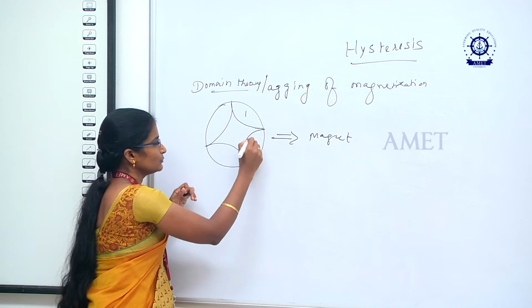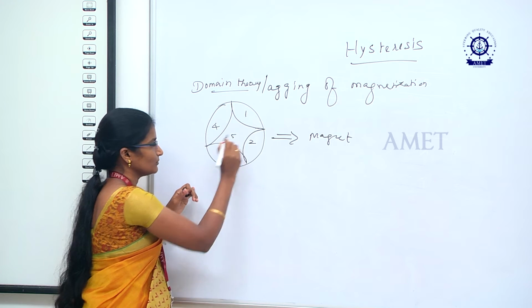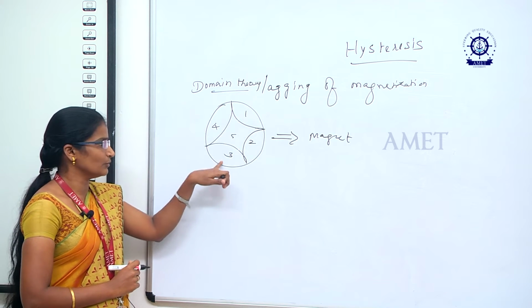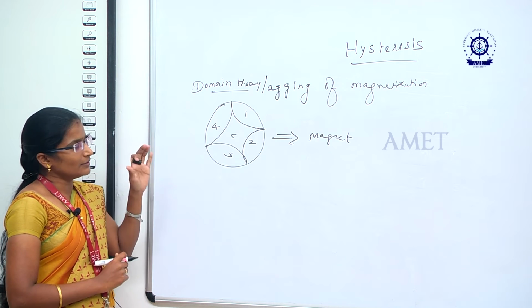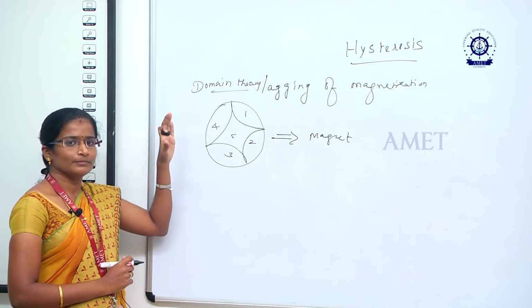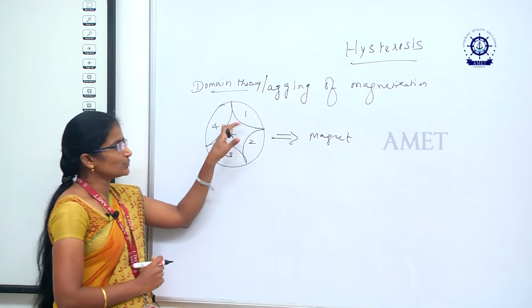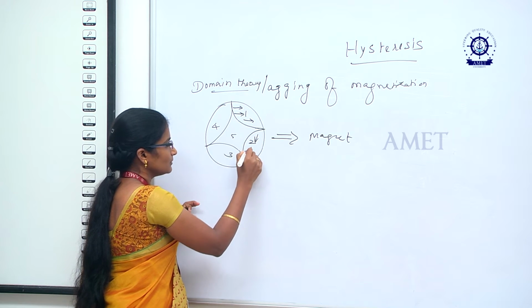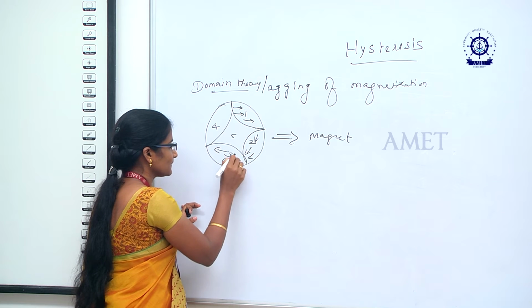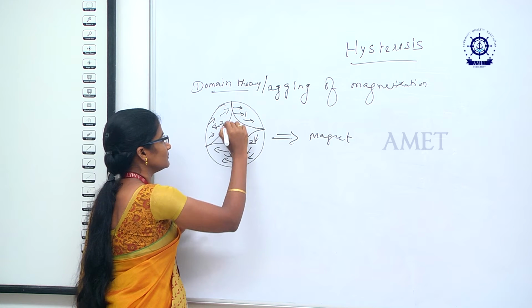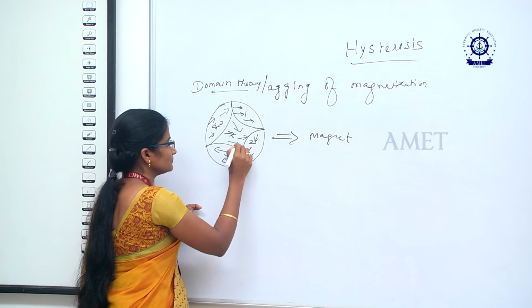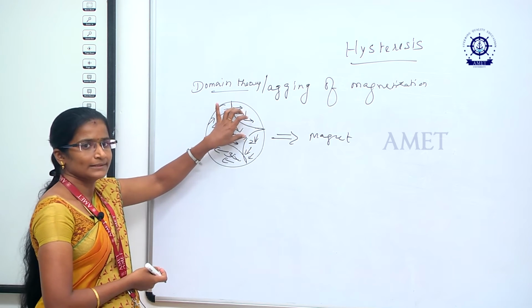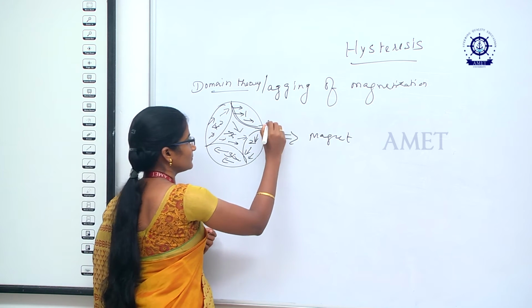Okay, we name the regions 1, 2, 3, 4, 5. We split this bulk material into different regions 1, 2, 3, 4, 5. I already told you all the processes related to magnetic material, ferromagnetic material. In each region, the spins have a different direction, like this. The region consisting of electron spins is called a domain.